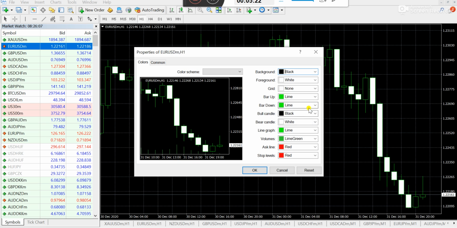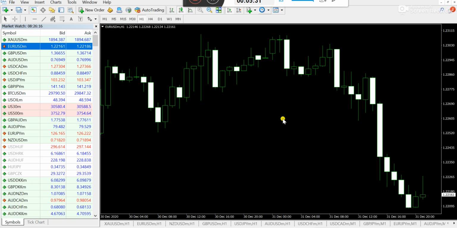And also you can change your background from black to any background that you want. So you can simply modify it as per your own choice, but I am not going to disturb it because I am fine with these colors. So I am going to press OK. Now guys, once I press OK,